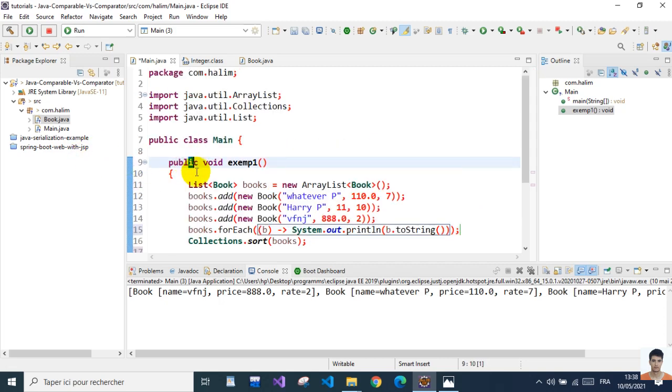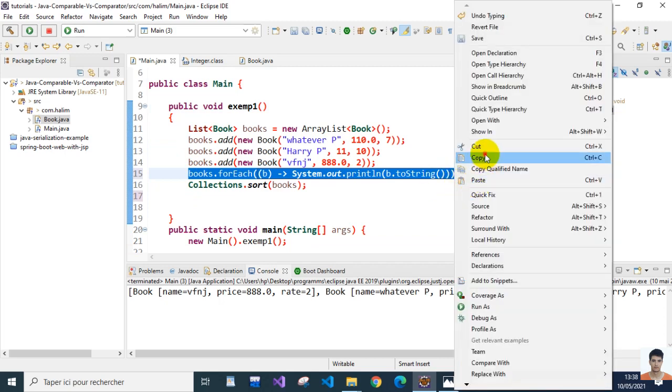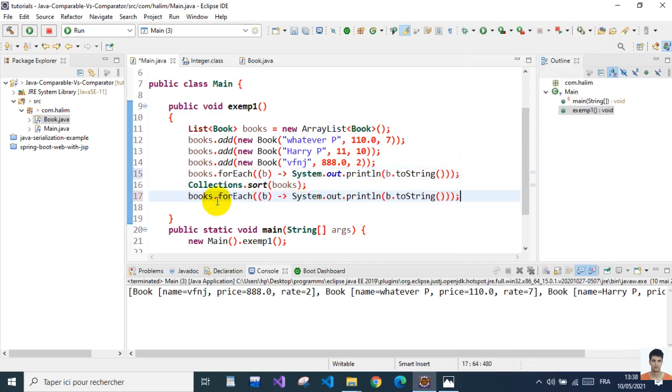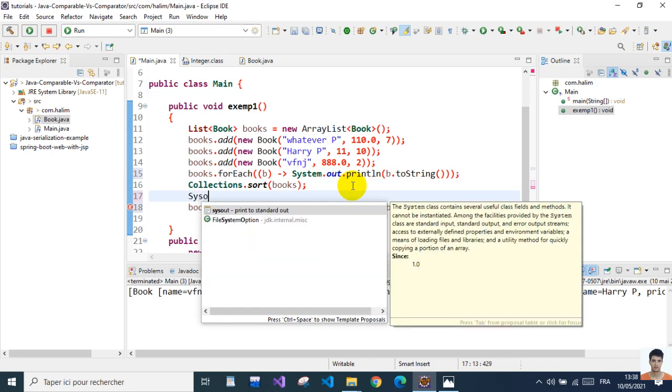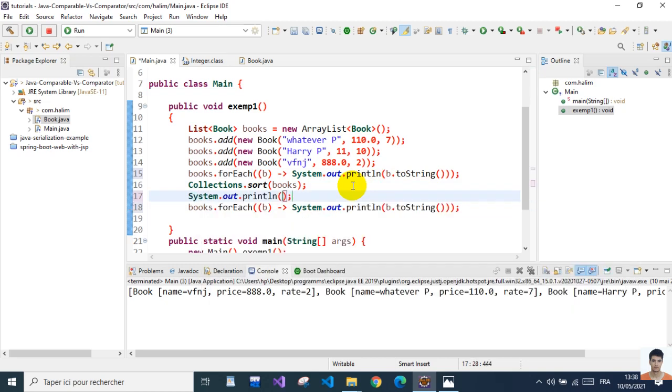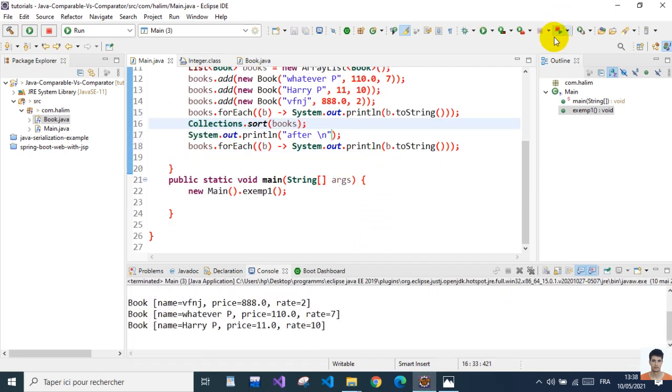Then we just duplicate this here, and we sys out, and we create after, new line. So let's compile this and see. So what we got here